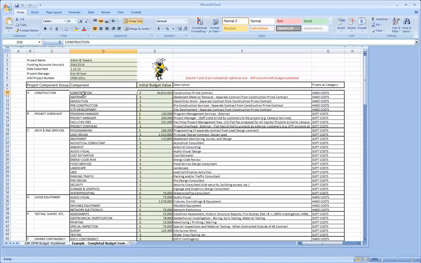These are cost categories or cost codes. Some accounting systems use numbers. This accounting system uses component names: component groups and components. As you can see, the project manager has filled out the values, or the budget, that needs to be assigned to each cost category. As an example, under the Architectural Engineering Services component group, there's an abatement value for